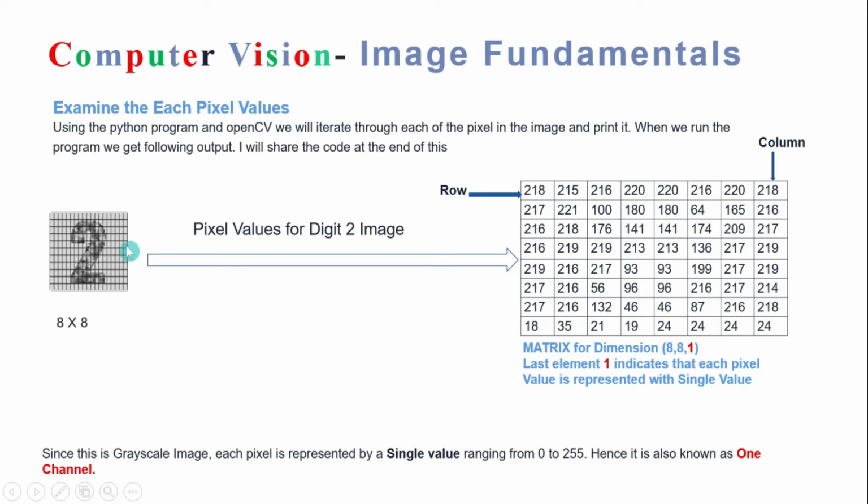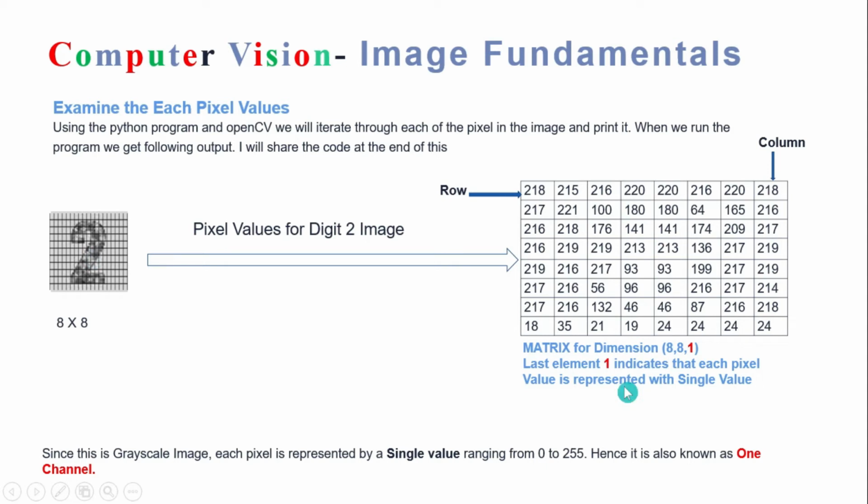But if you see the middle of this picture, somewhere in the center here, this appears to be closer to black. So if it is closer to black, the value over here should be somewhere close to 0. Let's look into that. You see this 93 and 93, which is closer to 0, right? So some shade of black. That is why this is appearing black over here.